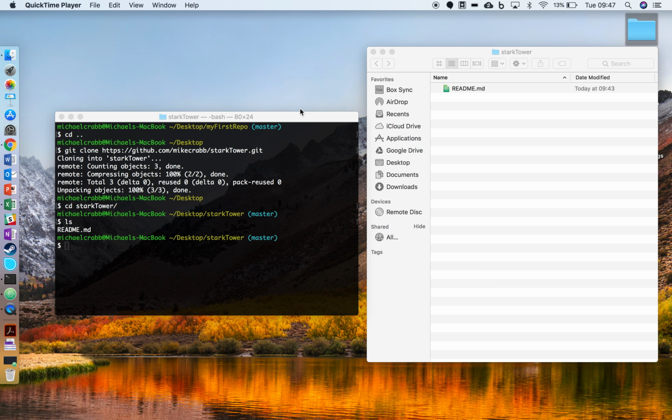In this video, I'm now going to create a branch and then push that up to GitHub. Okay, so I've now decided that I want to make some changes to this README file that exists within Stark Tower. But obviously I don't want to do this on the master branch, I want to create a secondary branch to do this on. So I'm going to create a new branch by typing in git